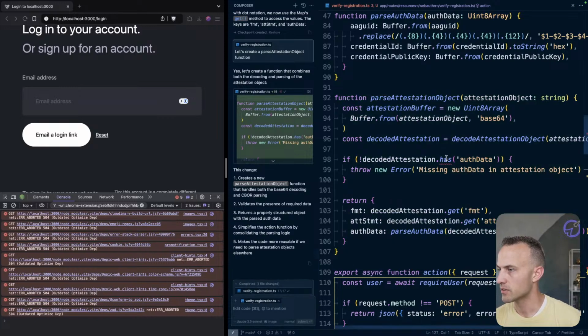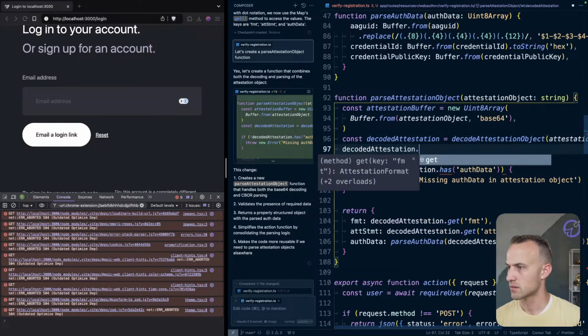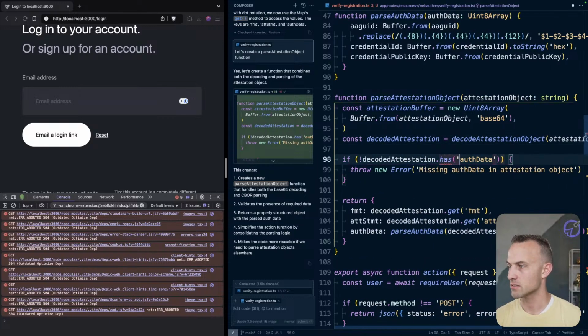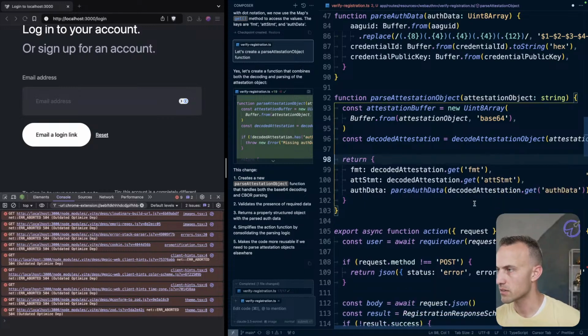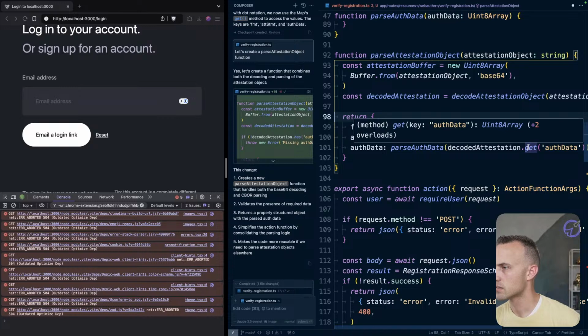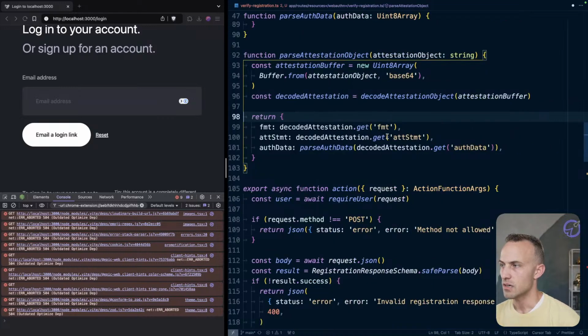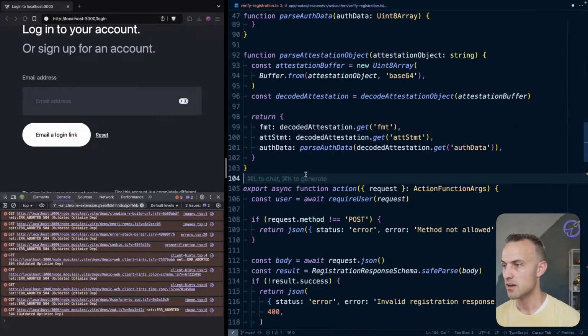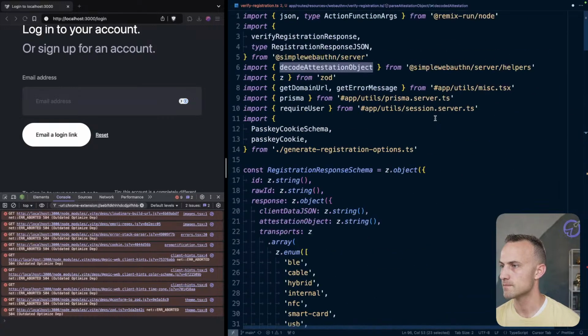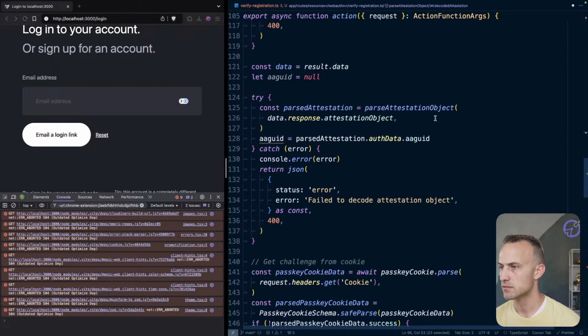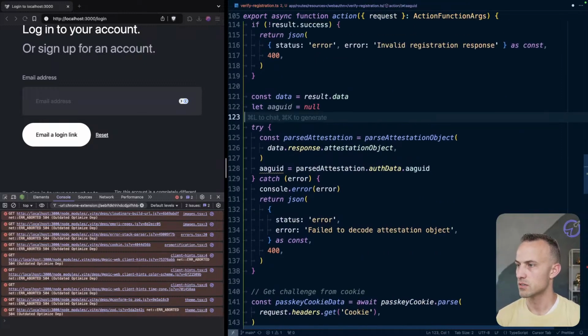Sure. Now we'll figure out what this is complaining about. It doesn't have a has. Okay. I think we're fine with that. So interesting, the data formats they use. Not everybody writes their JavaScript the way I do. Okay, very good. And then we can do